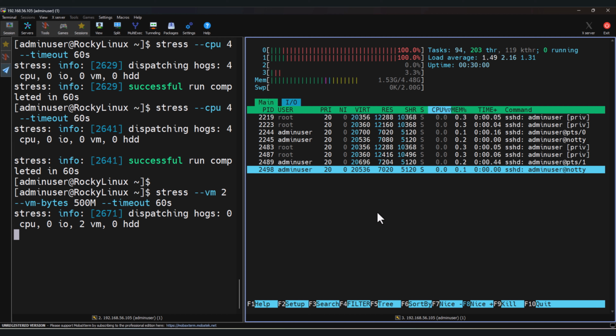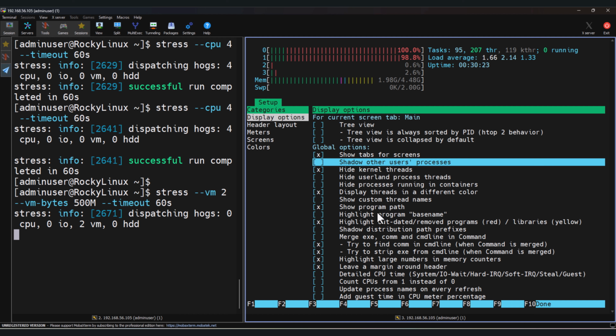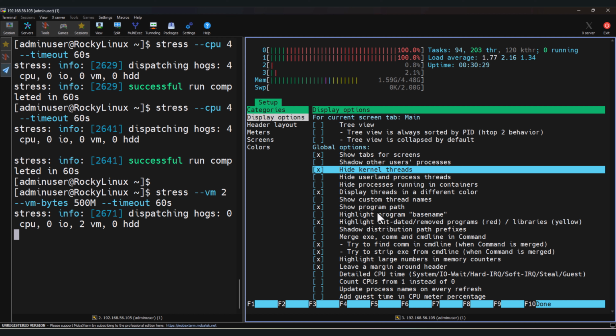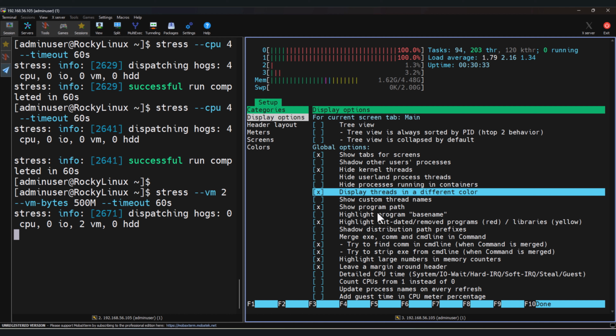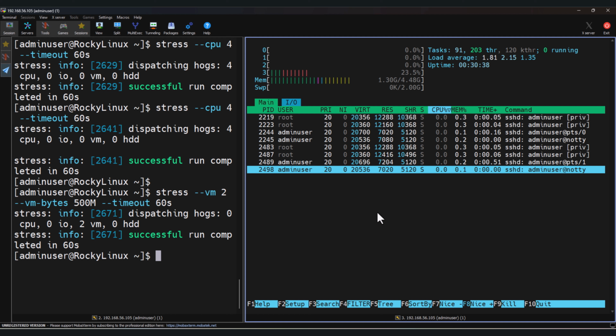To display only the active process, if you want to focus only on active tasks and hide idle ones, press F2 and you can go to the display option and enable hide kernel threads and hide idle process. In this display option, go here, press right arrow key and you can hide kernel threads as well as you can hide idle process if you want. Escape,